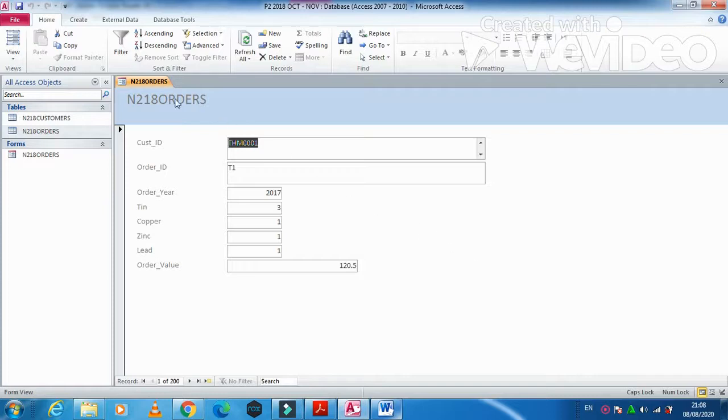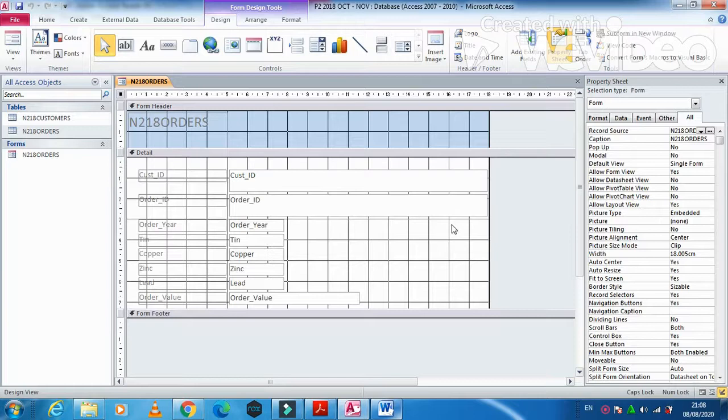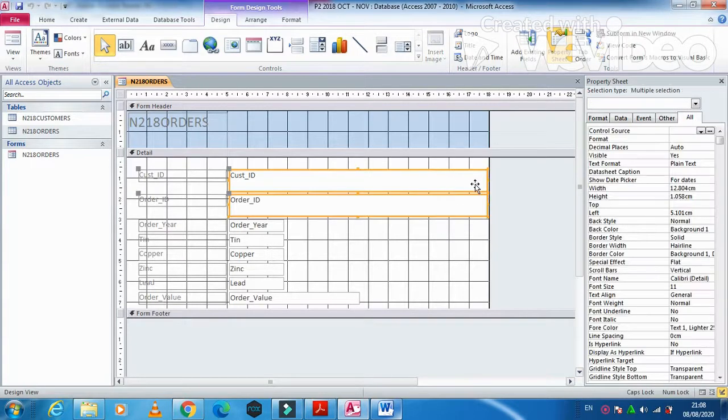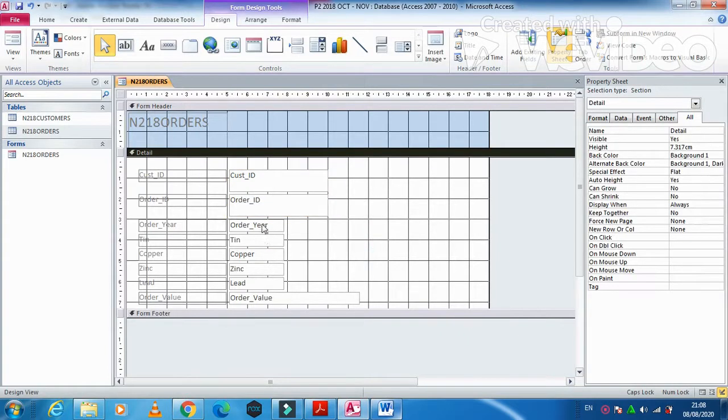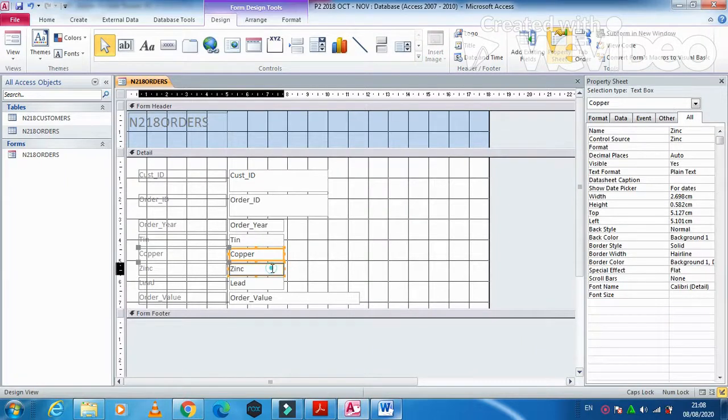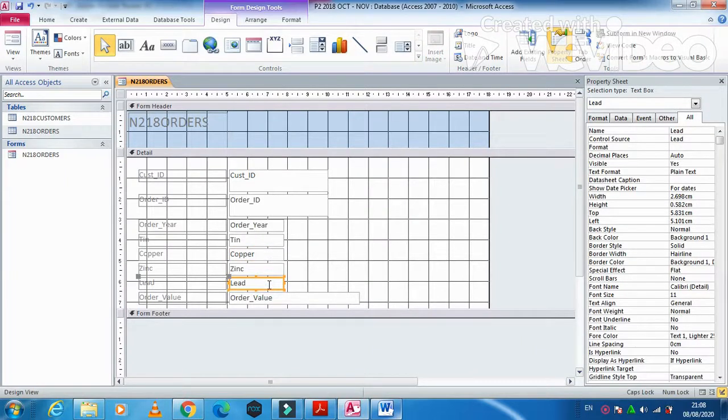So what I'm going to do, first of all, right click, design view, consistent spacing. Look at these two, they are very big in size. We're just going to reduce them, and the line spacing is the same. Here the text box size is smaller, while on the other side it is bigger. So we look at this one,